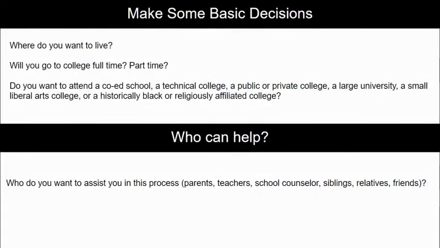Going into the college search, you want to make some basic decisions. You want to have an idea where you want to be as far as college location, part of the country, that type of thing. Are you going to go to college full-time, or are you going to start part-time? Do you want a large university in a large city, or are you looking for more of a smaller co-ed or private setting in a small town? Or do you want to stay in a rural area? Or are you looking for religiously affiliated colleges? These are all basic decisions that need to be made, I think, going into the college search. And they are criteria that you can use to create a list of potential colleges to apply to.